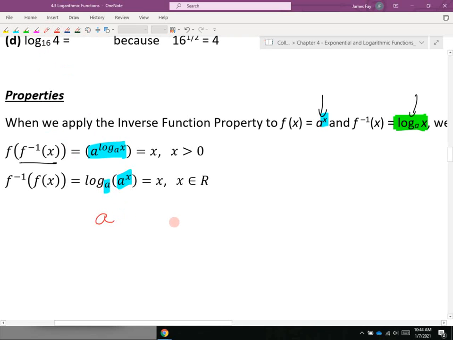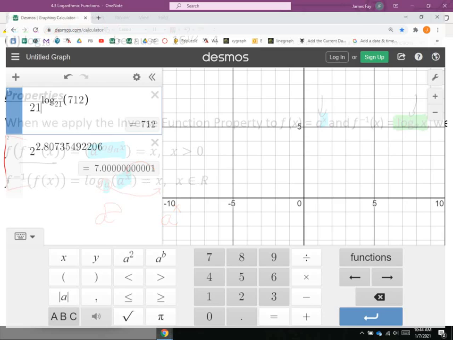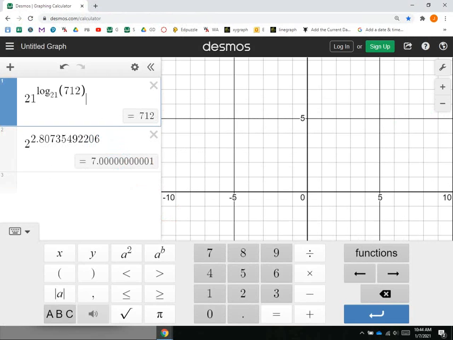If I started with a, and I asked you, how do I get a to the x? What do I need to raise this to? What do I need to put right here so that turns into this? And you put x, right? Then that makes it a raised to the x, which comes back and gives me a to the x. So that confirms that these two functions, a to the x and log base a of x, are indeed inverse to one another. Okay? If we do this, what do you guys remember about inverses in regards to the relationship